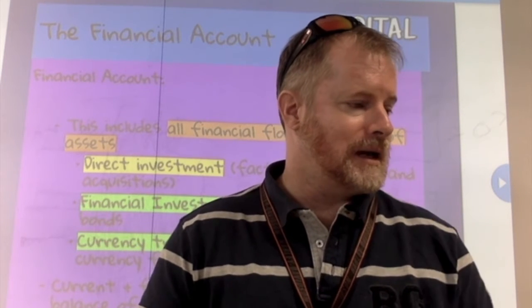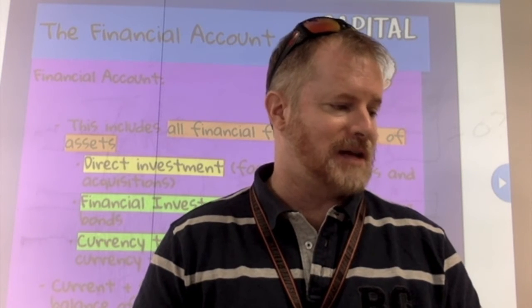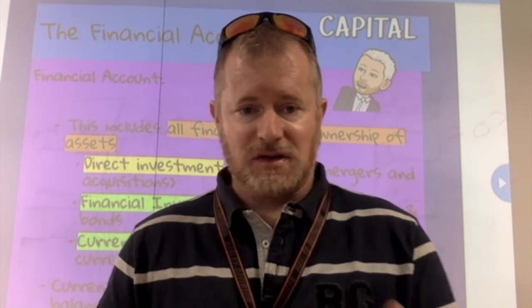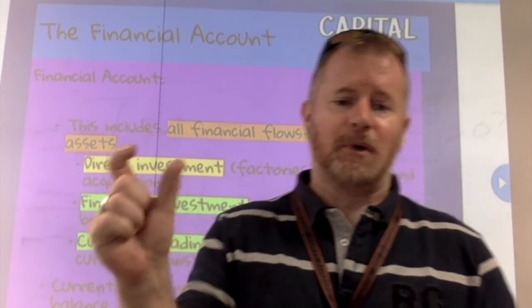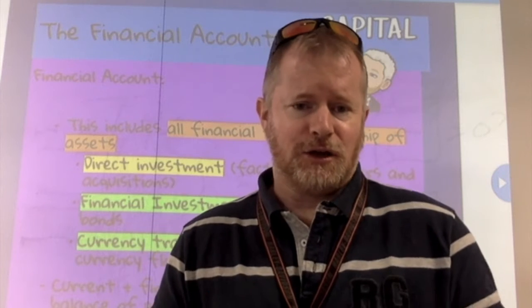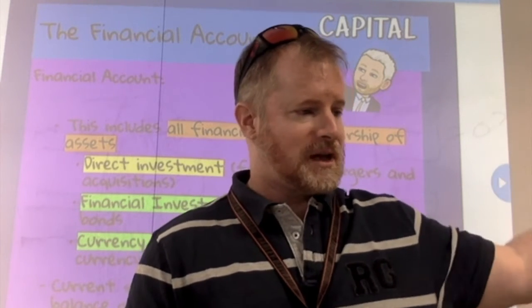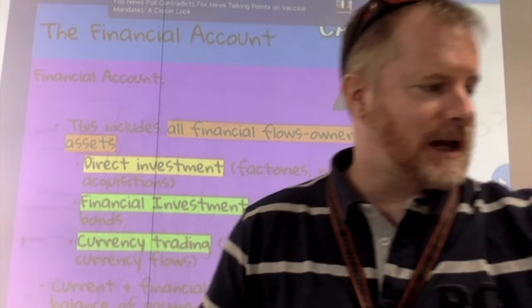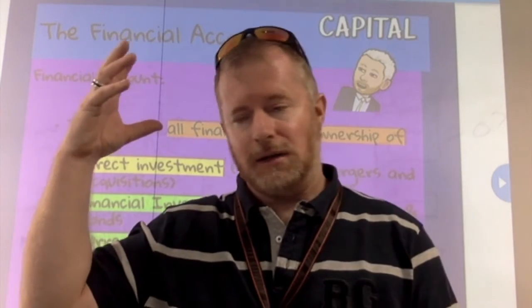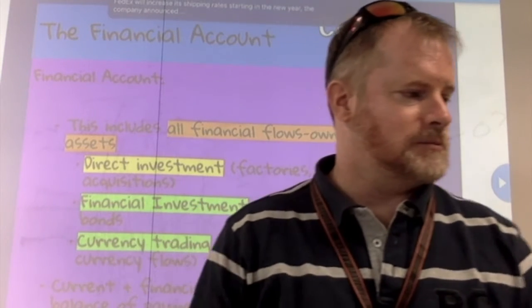Right, so thinking here also that we add the current and the financial account, and that gives us the basic balance of payment structure. Because that capital account was as small as it was, it's not really going to make a huge difference to the balance of payment structure. So when we think about the financial account and the current account, they're the two big parts of it.